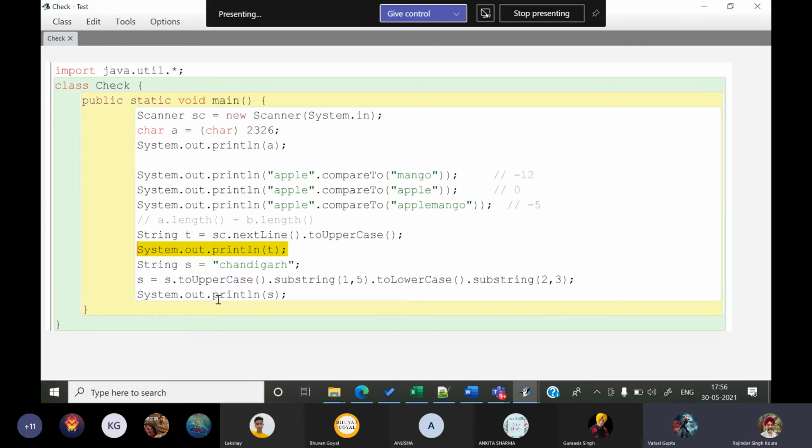No, why does it print? Because when you are typing, what you are typing actually is displayed on the screen. It's not actually printing the string. It is what you are inputting that is displaying on the screen. If you don't display anything, how do you know you're actually typing something? It has to be displayed. Otherwise, if it keeps on showing a blank screen, how do you know what you have typed? Yes, sir, I got you.